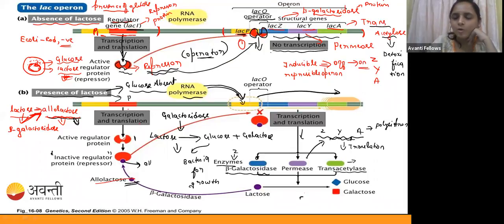What is the operon, guys? Answer me in the chat box. One more thing: the operon is present only in prokaryotic systems. It is not present in eukaryotes. Tell me, what is the operon? A single promoter controls two or three genes, so that is called the operon, right? I think you understood this. Very good, Prachi.